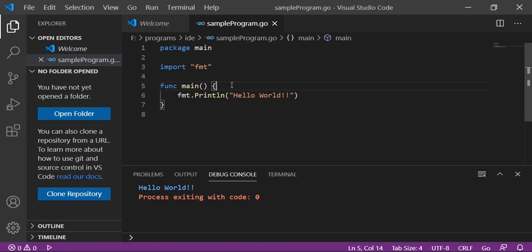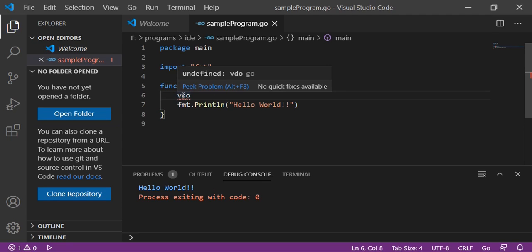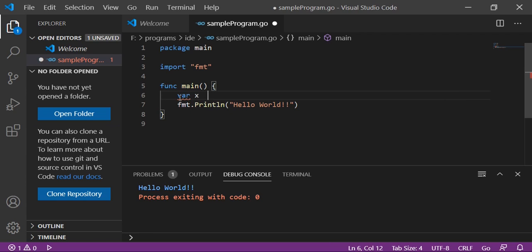Using this IDE, if we have any typo, it will show the error message here. See. Okay, let me write some more. In Go, we can define any integer or any other variable. There are many ways to do it. One way is var x int equal to 1, var y equal to 3.